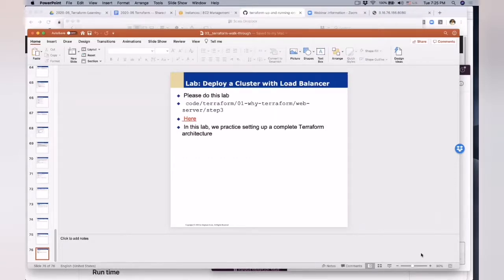Let me erase that. Now, is there anybody who is a lover of Azure? One, two. What about number 3, GCP?